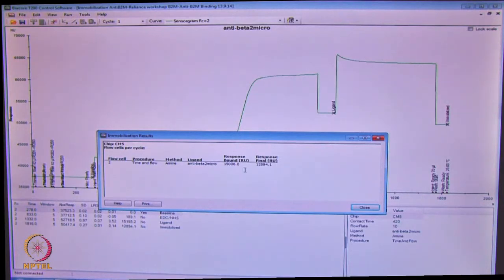The response bound represents the amount of ligand bound to the surface after ligand injection, whereas the response final best represents the amount of ligand covalently bound to the surface. So here, as we observe, 12,894 RU of anti-beta-2 microglobulin is immobilized on the surface of the chip.